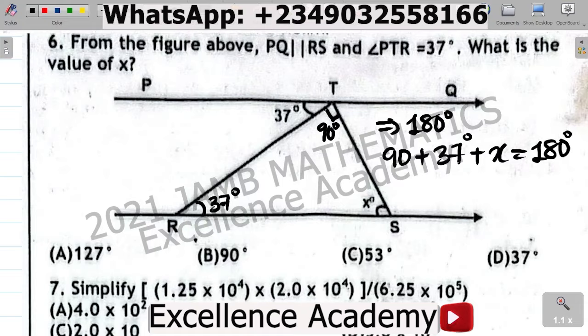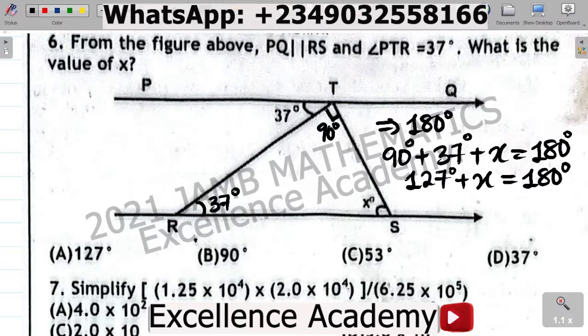All right, we could put that degrees there. So first things first, you have 90 plus 37. And if you add that, you have your answer as 127. So 127 degrees plus x is equal to